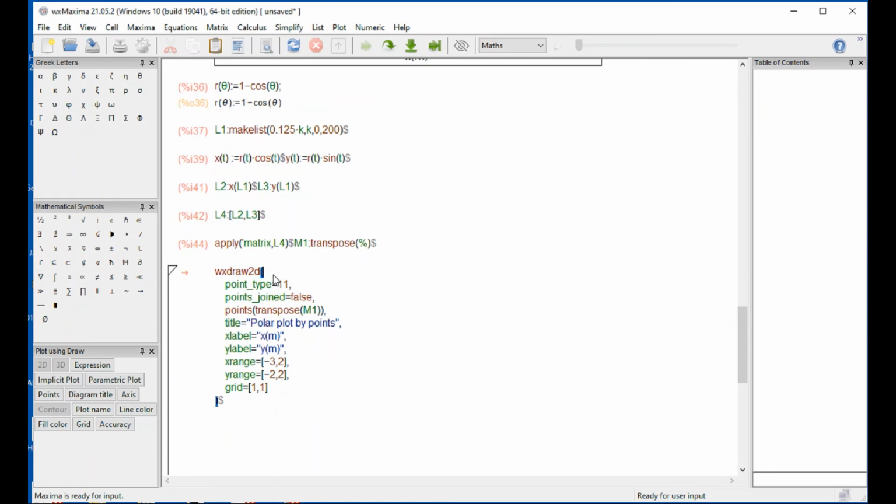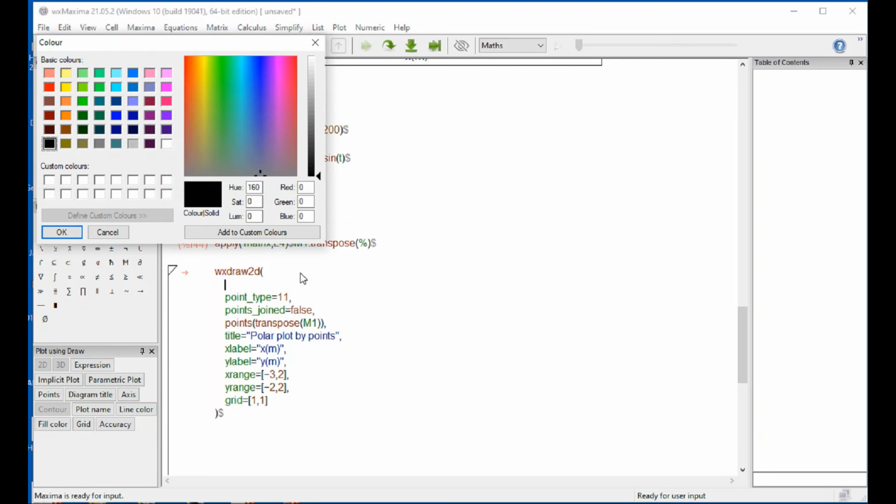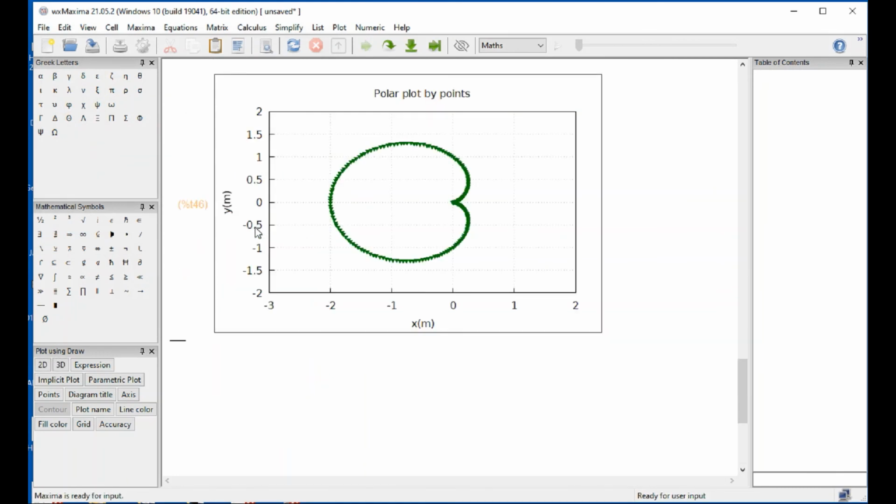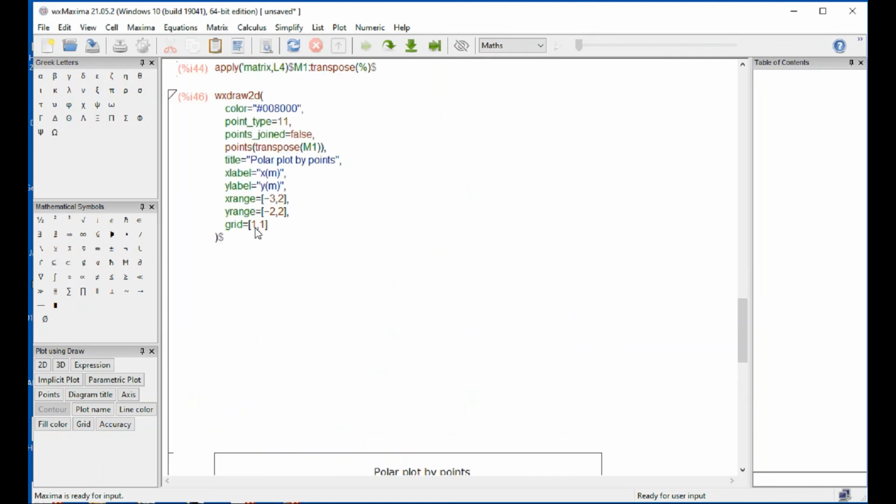Let's say we want to modify the color right away. Go here, type line color, and select whatever color. Let's just select, like this, dark green. And that's our result. So with these 3 examples we wanted to show how you can use points, in this case